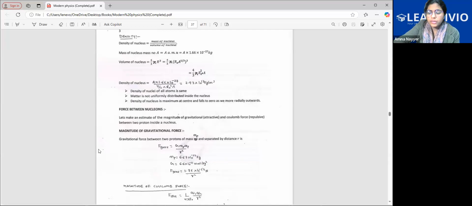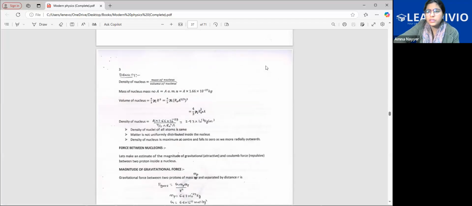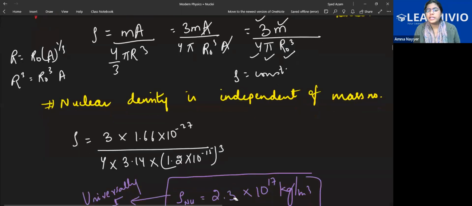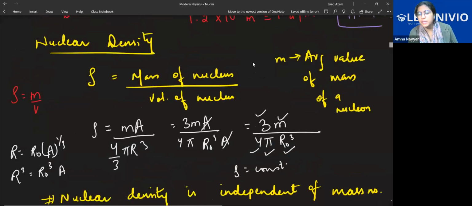So one more thing, you can just add on the points for the density. Make it 2.97 only, because this is the higher value. Then it won't clash with the notes. Now, one thing, just add these points in the notes, for those who have printed them, and for those who haven't, add them somewhere, because everything is not written in the notes. Just write about nuclear density, then we'll discuss the numericals based on this.